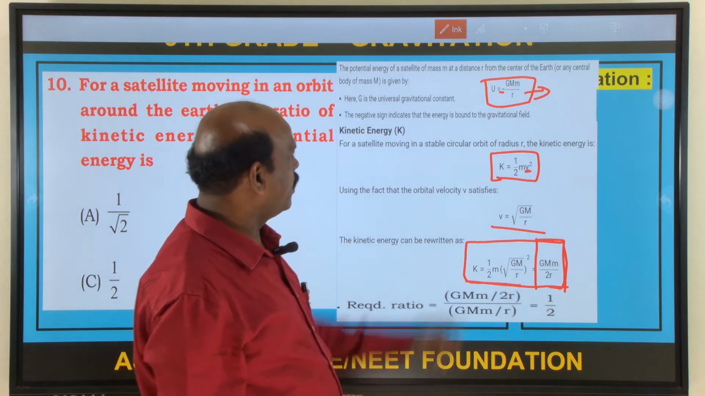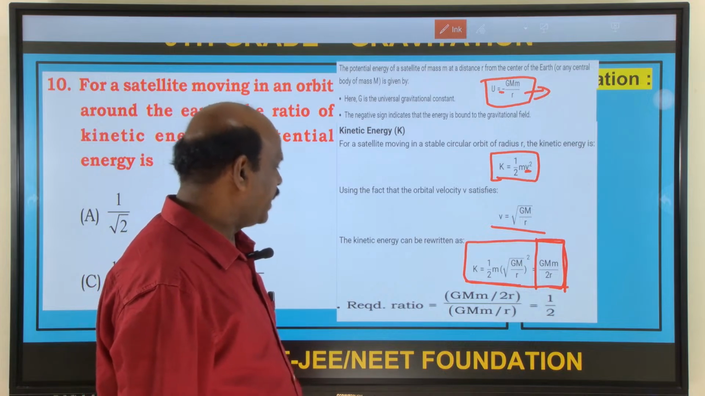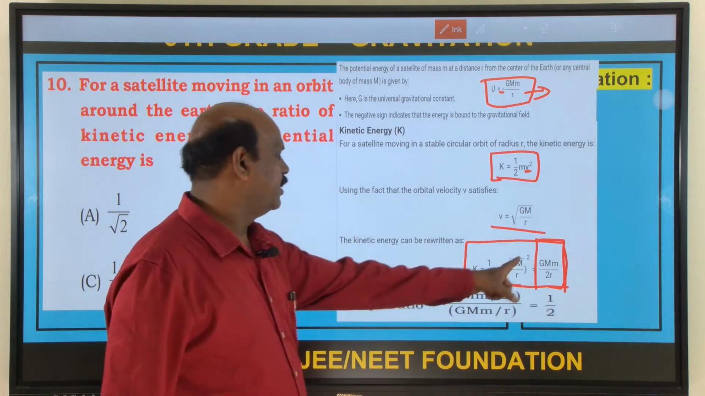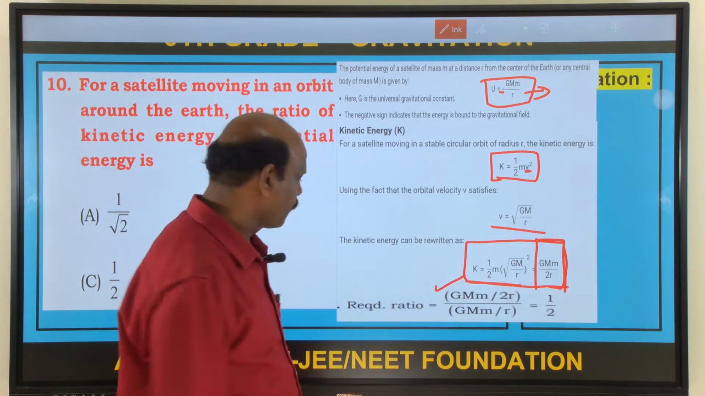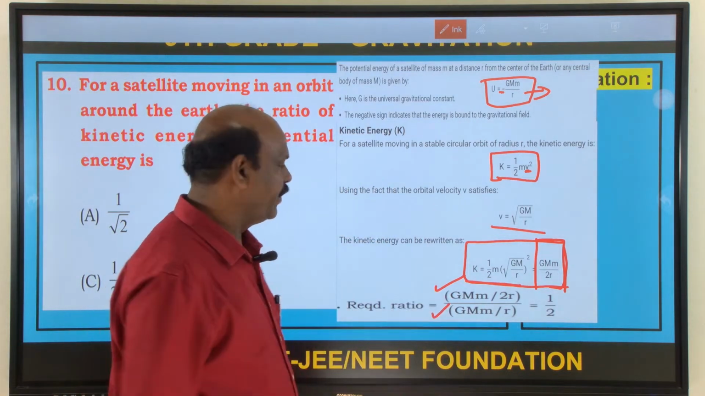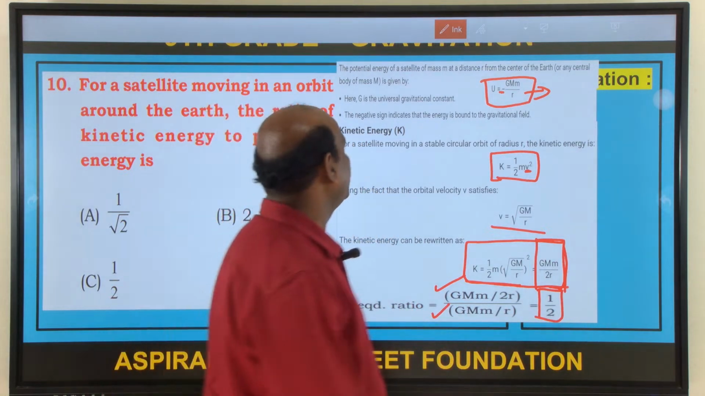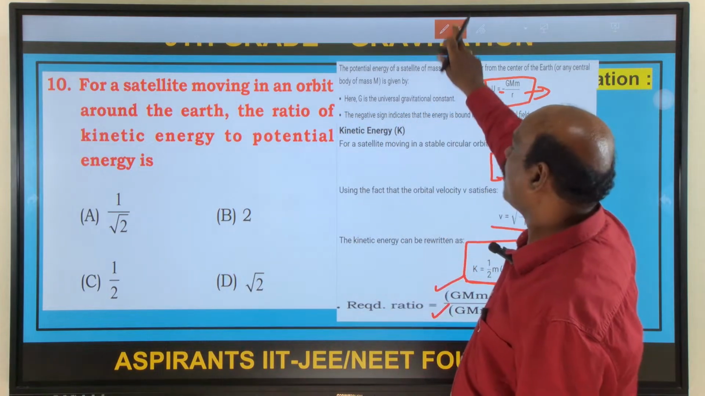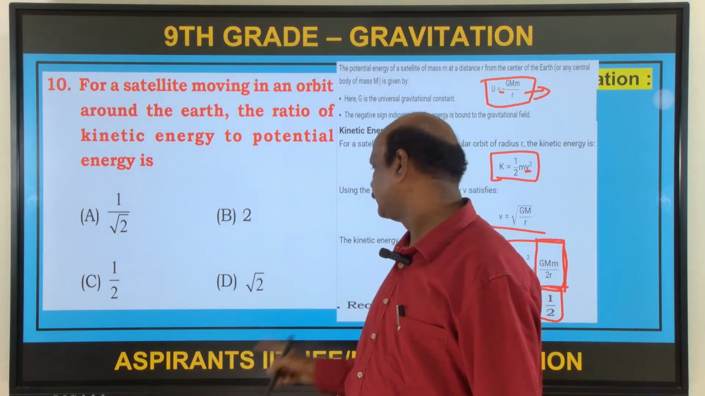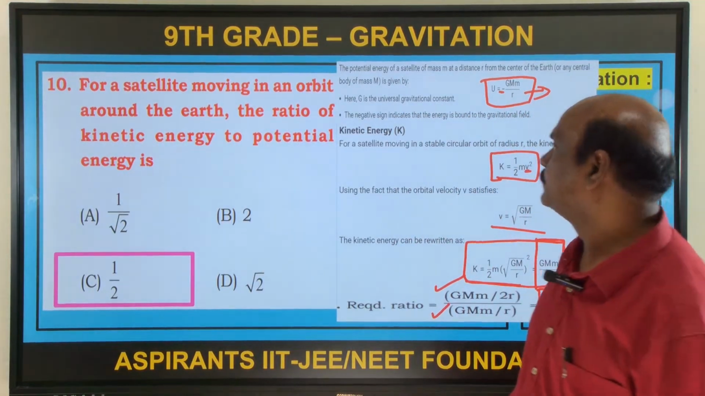Now we are asking for the ratio between these two, the kinetic energy and potential energy. Here the kinetic energy is G M m by 2r, and the potential energy is G M m by r. Taking the ratio, you get the answer as 1 by 2, meaning the ratio between the kinetic energy and the potential energy of a body which is moving around the earth is half. So you can see the answer is 1 by 2. Next,